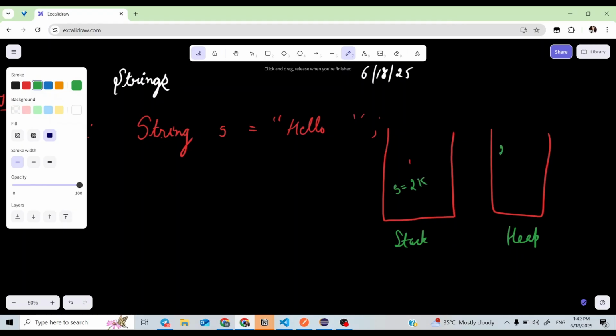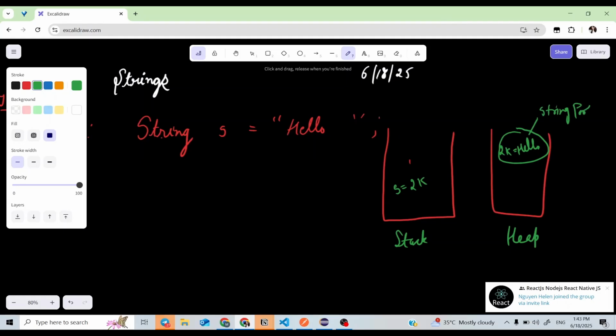So at the 2k memory location, this hello will be stored somewhere in heap. And in heap memory, there is a special memory location specially for strings, that is called the string pool. This hello will be made in that string pool only. In heap, there is a special place to store strings, that is the string pool.